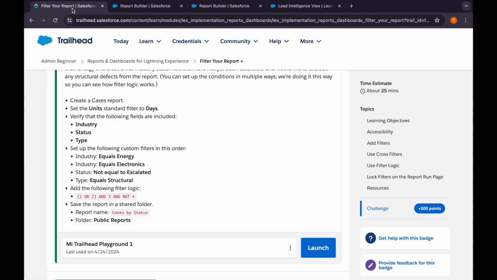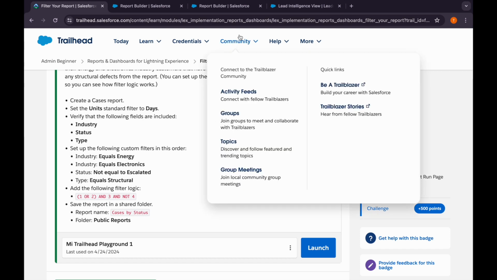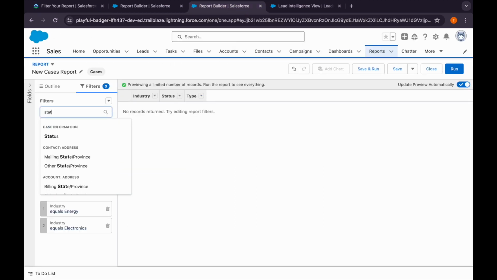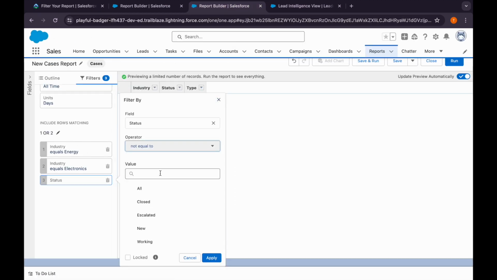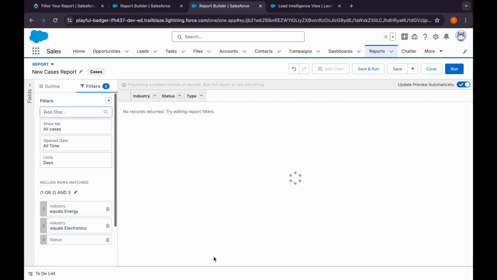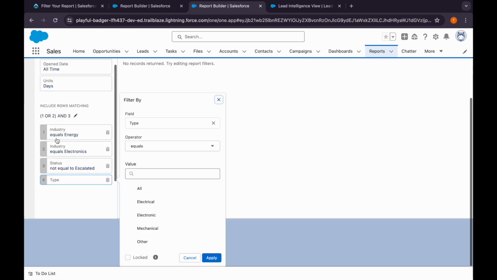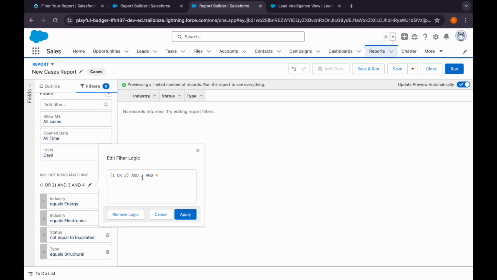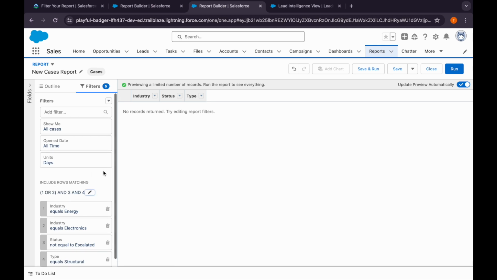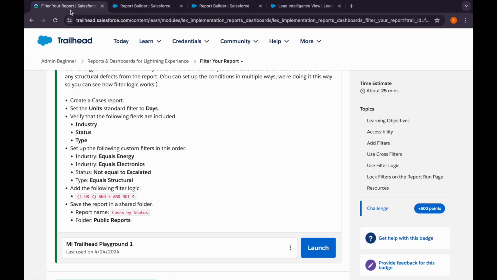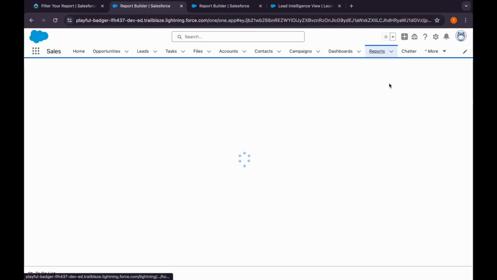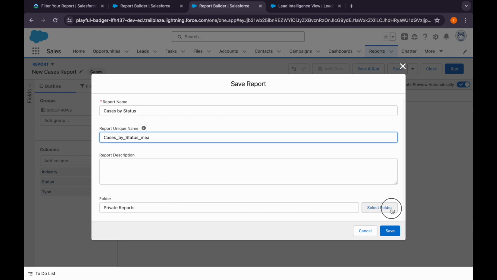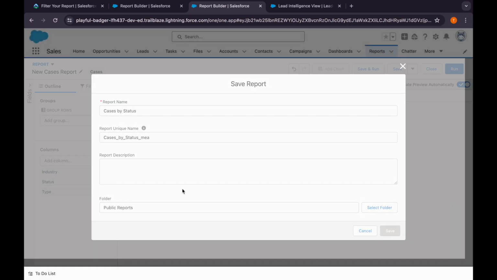Then we have filters: status should not be equal to escalated, and type should be equal to structural. So status not equal to escalated, and type should be equal to structural, and this is correct. Apply. And what other? Okay, we need to just now save the report. This name, okay, and again we'll save it to public report. Select, save,